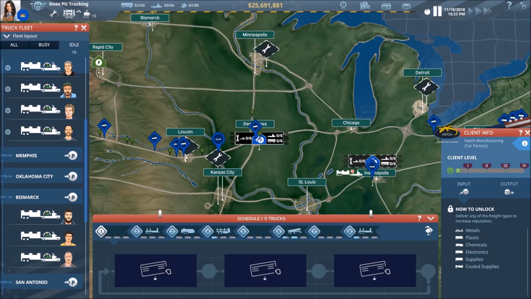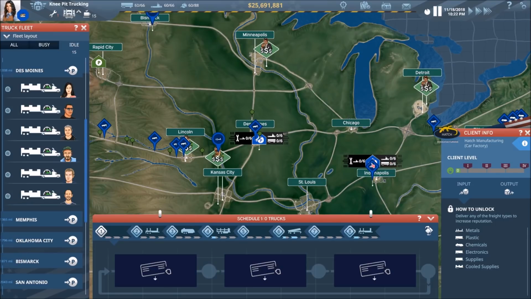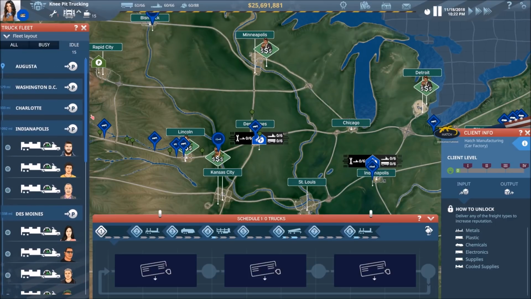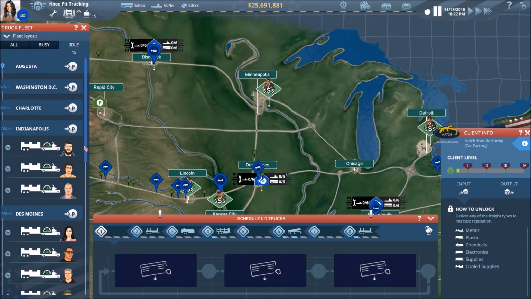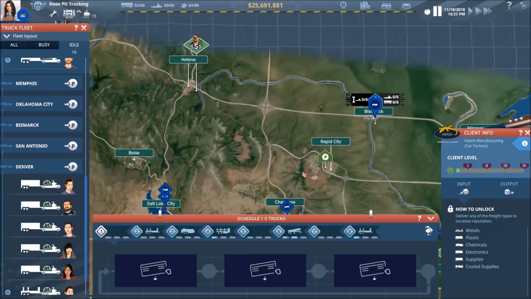Let's take the guys in Bismarck and bring them over to Indy. That'll be a little shorter trip for them. And then we'll have all of these guys over very close to Detroit, because I'm sure that'll be where we'll want them to be. All right, everybody is on their way somewhere